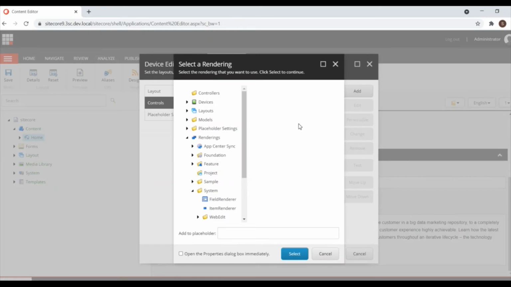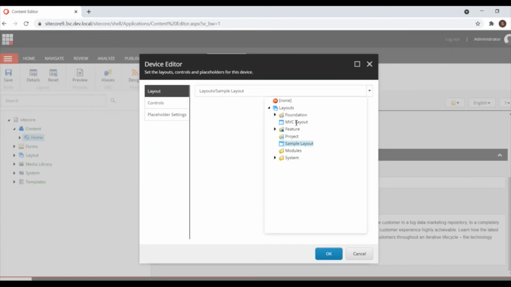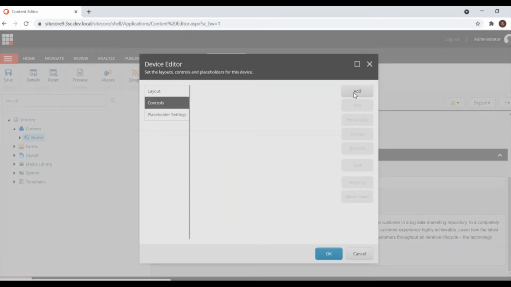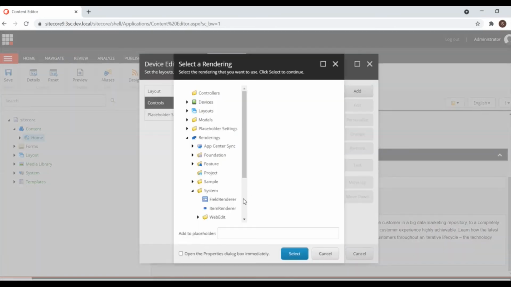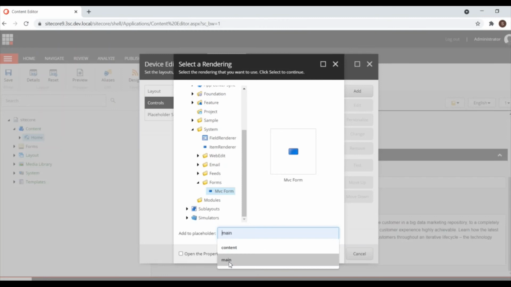Sorry, first I will change the layout to the MVC layout. Only then will these forms work. Then I'm adding a control, the MVC Form control, in the main placeholder.